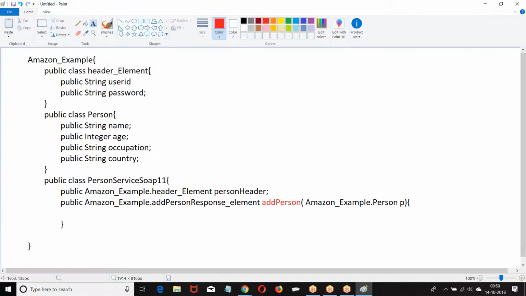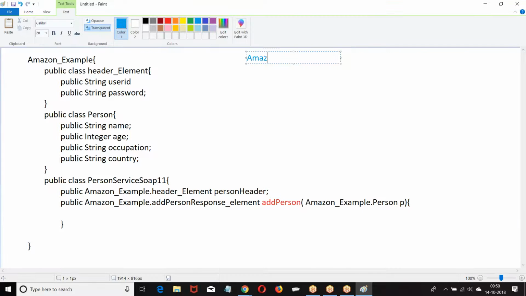Now what was I supposed to do? First, what is our outer class? Image on, because any member of the class should be accessed with the object only. So outer class dot inner class. What is the inner class? Person service,